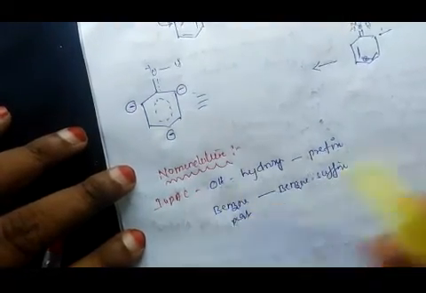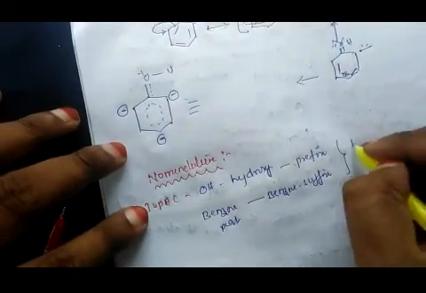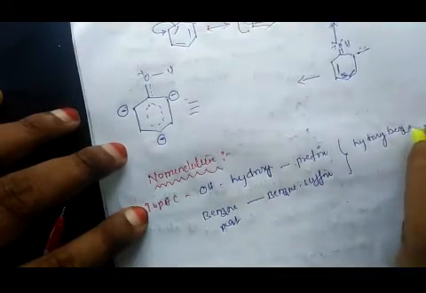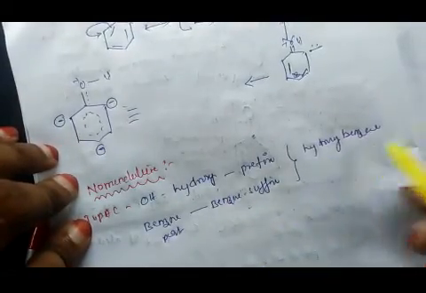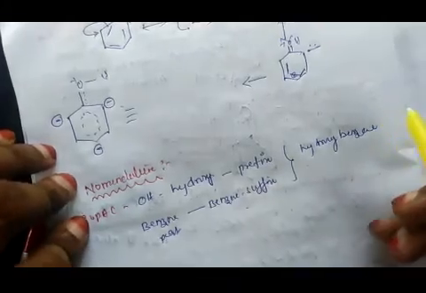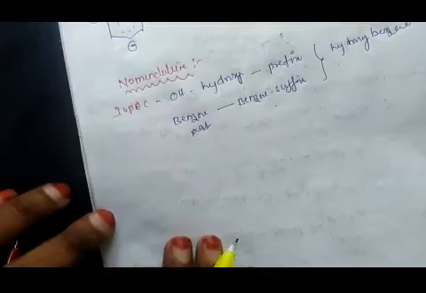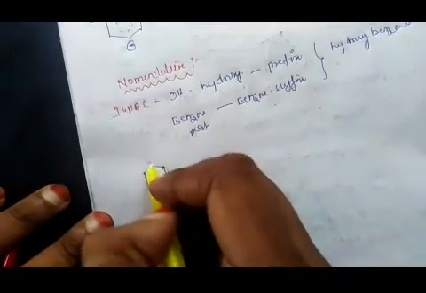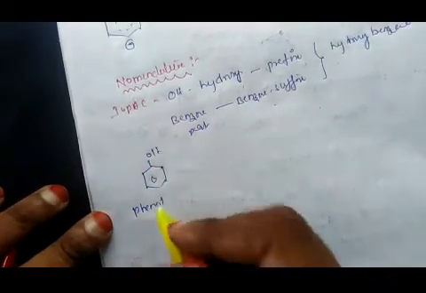So according to the IUPAC, phenols are hydroxybenzene. The prefix is hydroxy, the suffix is benzene. So the parent is benzene, hydroxybenzene. We will discuss some important phenols and phenol derivatives. We already know that it is OH, it is called phenol.